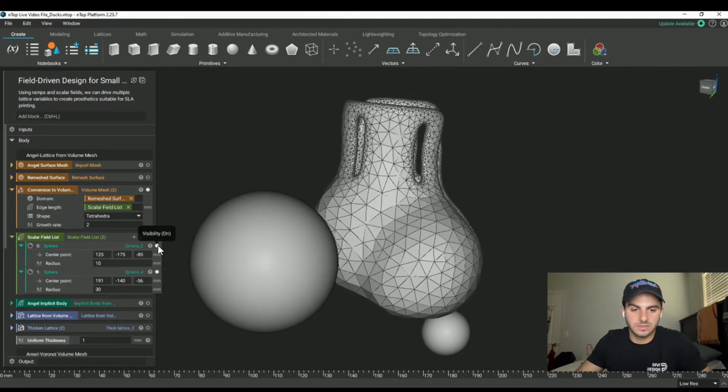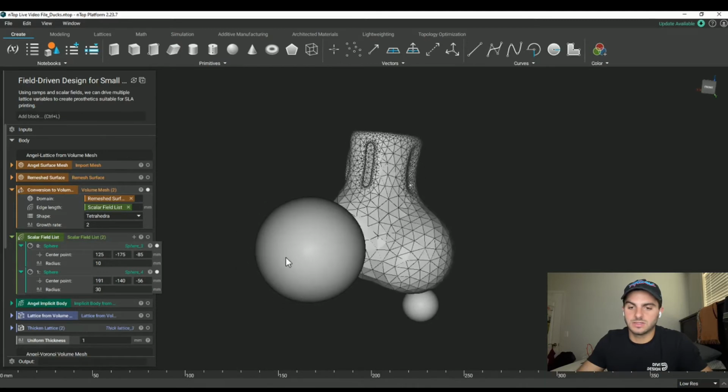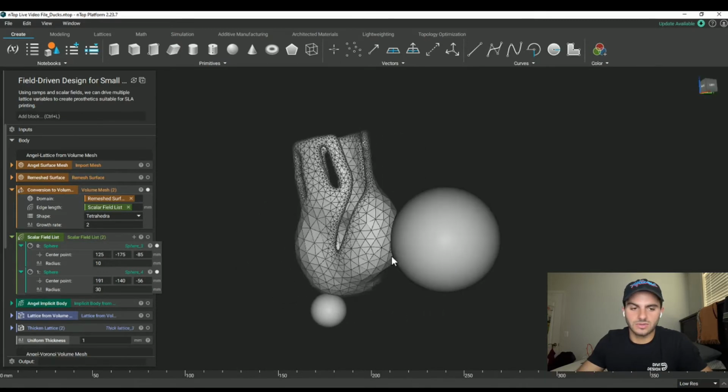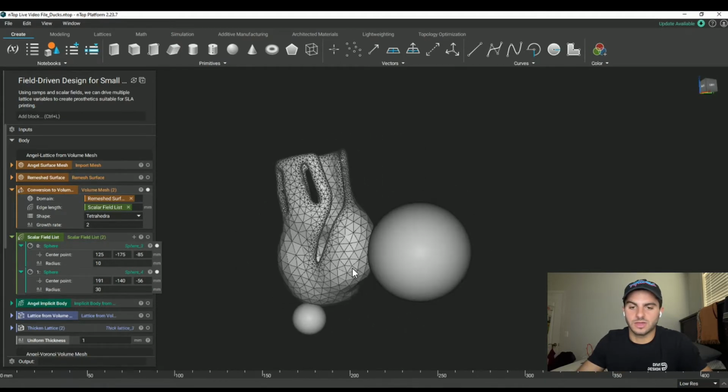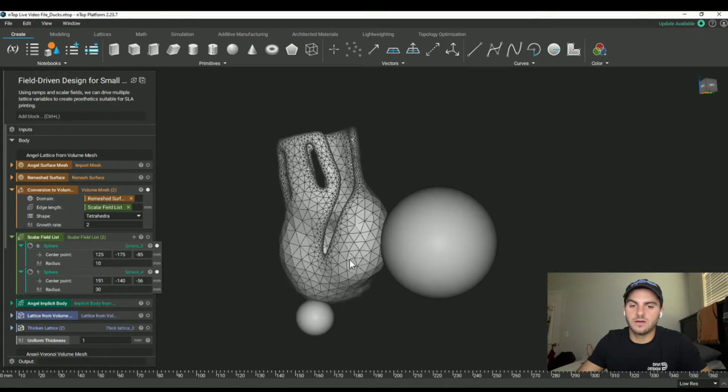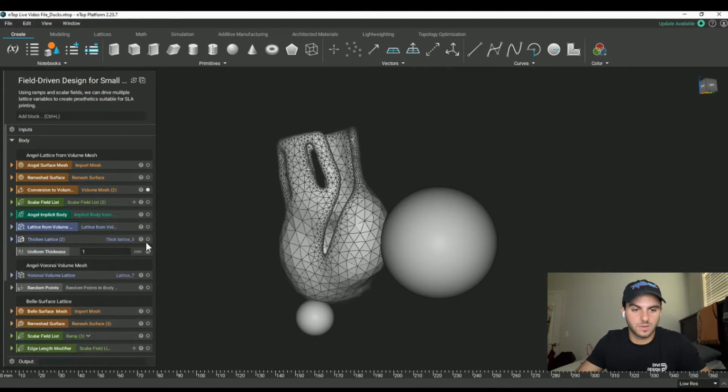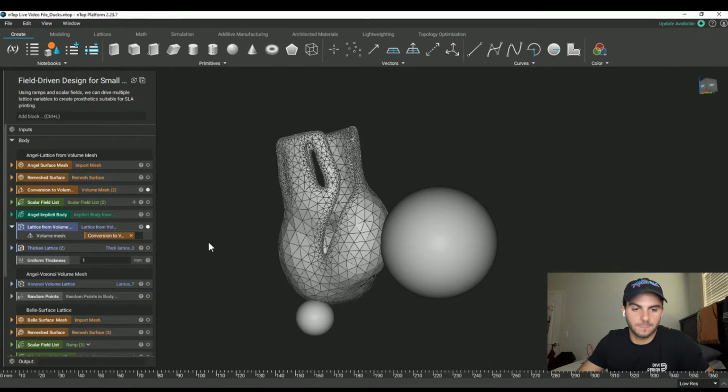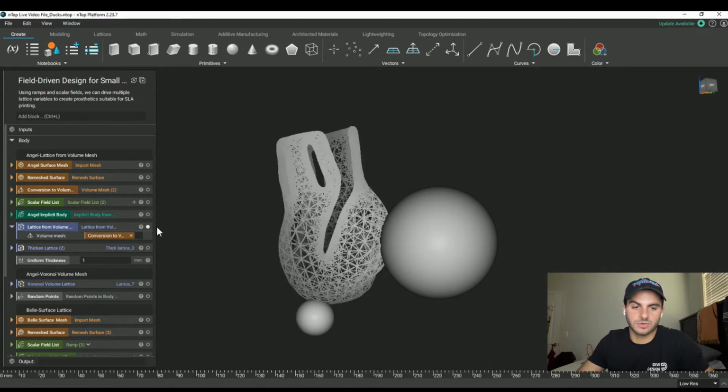As you can see, we have two spheres of different radii, so we can use those as inputs for our edge length and to drive how our volume mesh is going to be created. Using that volume mesh, I'm going to skip over the implicit body because we're not going to use it right now, but we were able to create